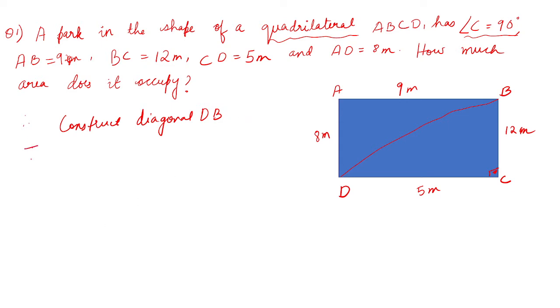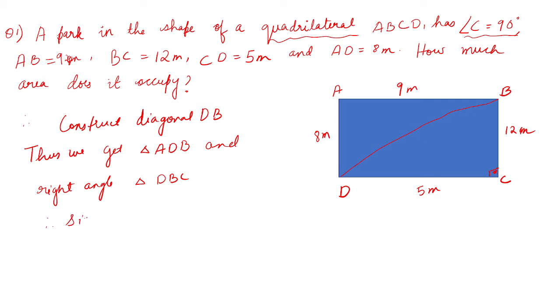Okay, and thus we get triangle ADB, and this is where it gets interesting, and right angled triangle DBC. Right angle triangle. Why? Because it is given that angle C is 90 degree, and a right angle triangle is a triangle in which one of the angles is 90 degree. Therefore you can write, since triangle DBC is right angled,